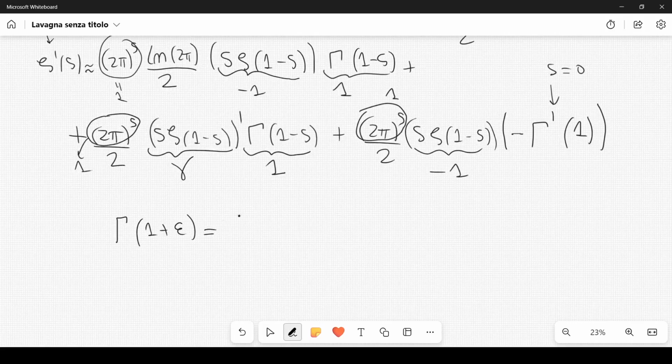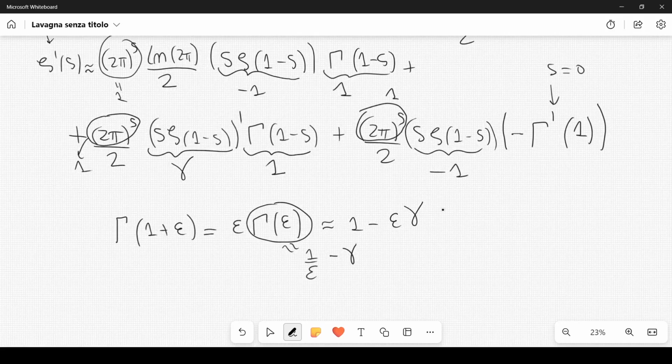This is equal to epsilon times gamma of epsilon according to a simple property of the gamma function. Now, gamma of epsilon, it is possible to show that when epsilon goes to 0, it is approximately equal to 1 over epsilon, and then we have minus gamma, which is exactly the Euler-Mascheroni constant. So this expression clearly diverges as epsilon goes to 0 because we have 1 over epsilon. But you can see that here, if I consider epsilon times gamma of epsilon, this will be approximately 1 minus